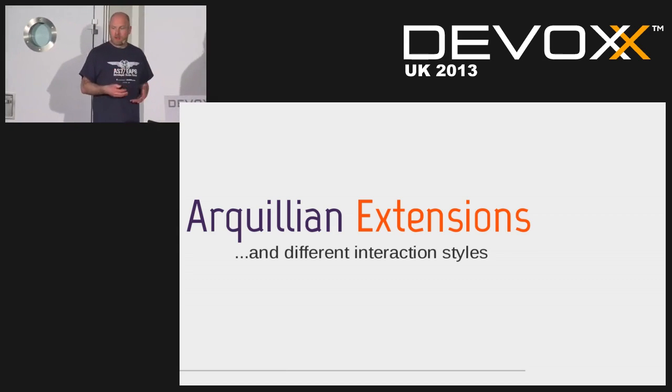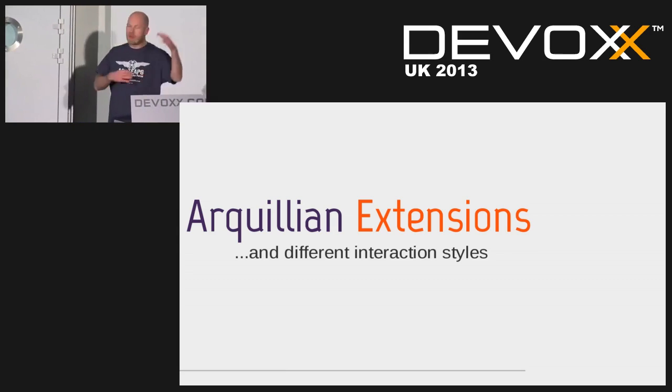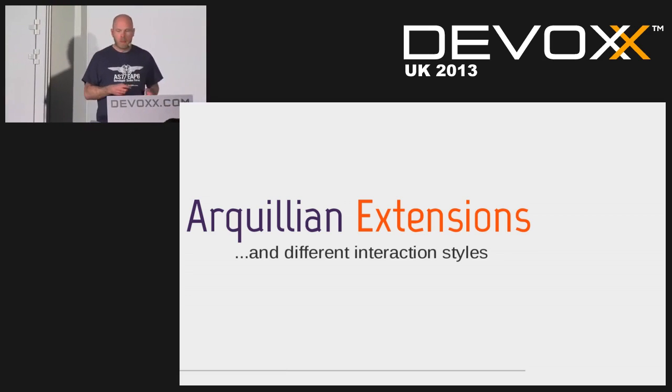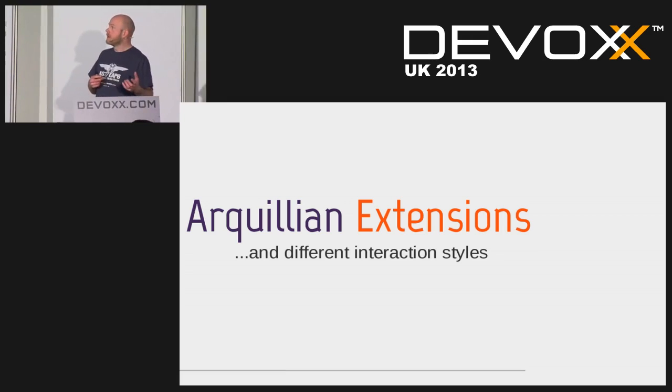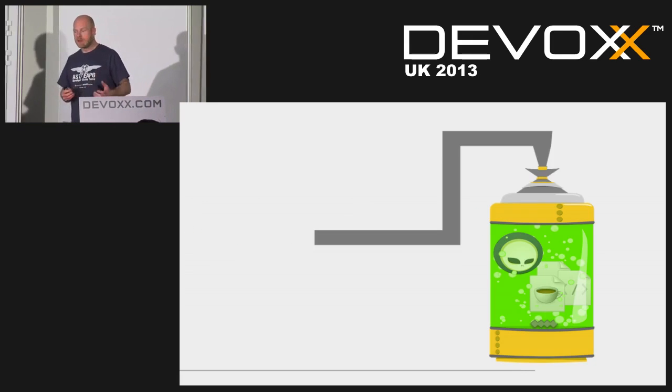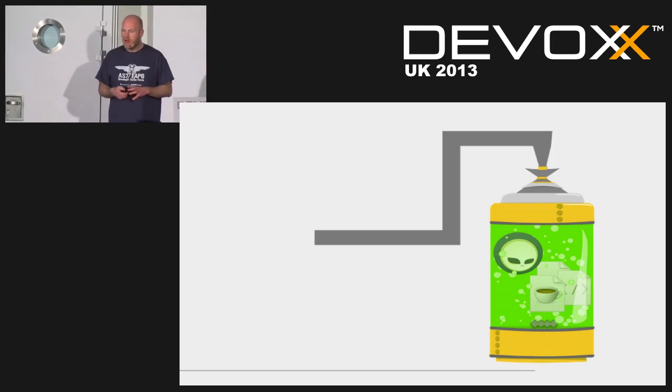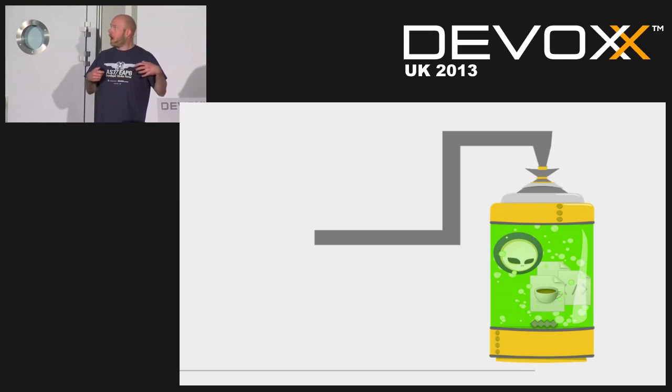So when it's done with the packaging, this is where both the internal Arquillian magic and the extensions magic happens. It will then deploy it to the container. And then when the test is inside the container,